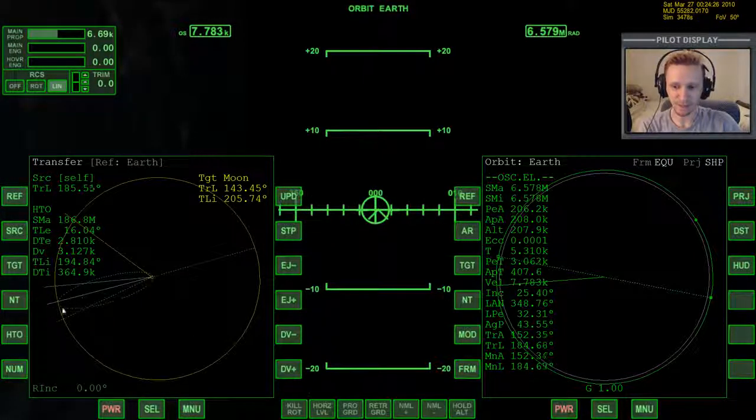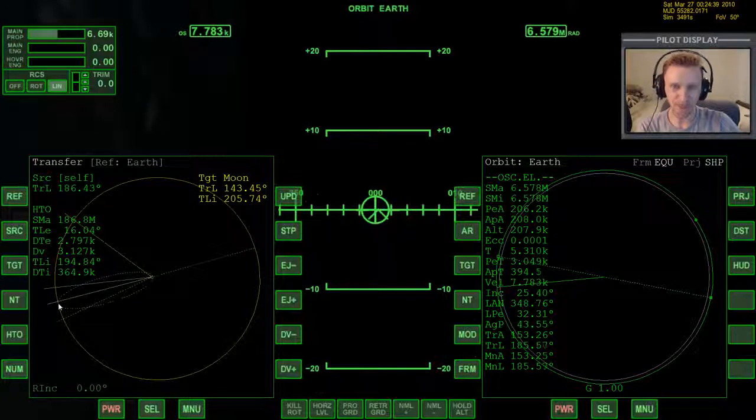Once I get to this point, I like to press DV plus at least 10 more times, maybe even 12. Just because we now have an intersection with the moon, you'll notice that our orbit is just barely touching the distance out to the moon. So we'll get there, but we'll basically be coming up very